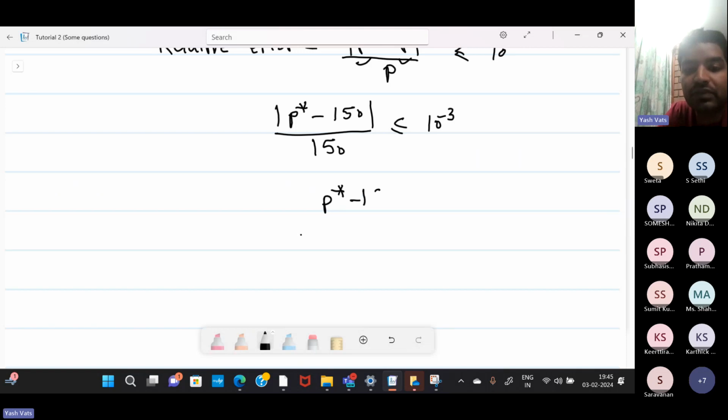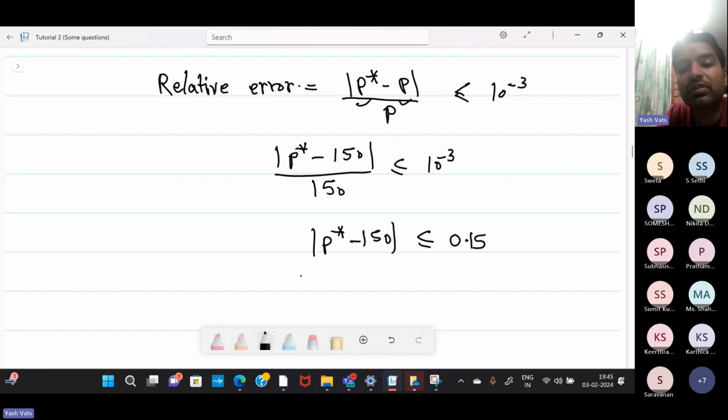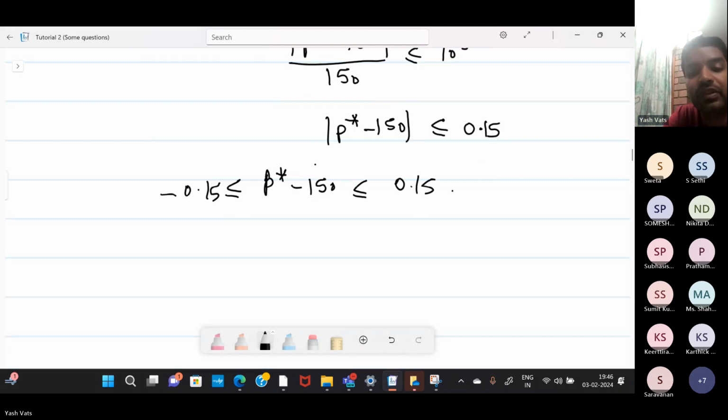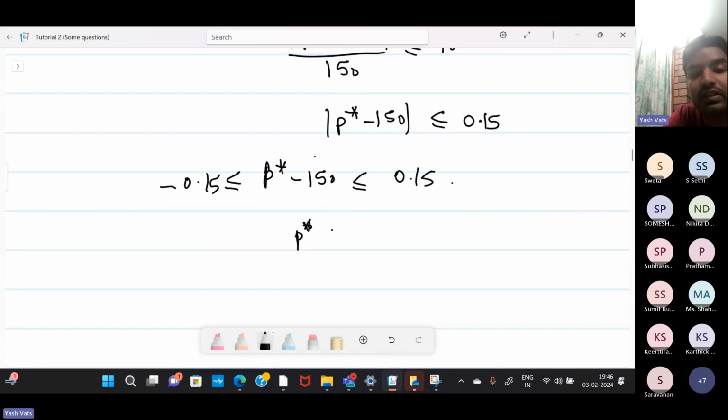So P star minus 150 is less than or equal to 10 to the power minus 3 times 150, which is 0.15. Okay, so it will be minus 0.15 less than or equal to P star minus 150 less than or equal to 0.15. So P star is less than or equal to 150.15, and further greater than or equal to 1